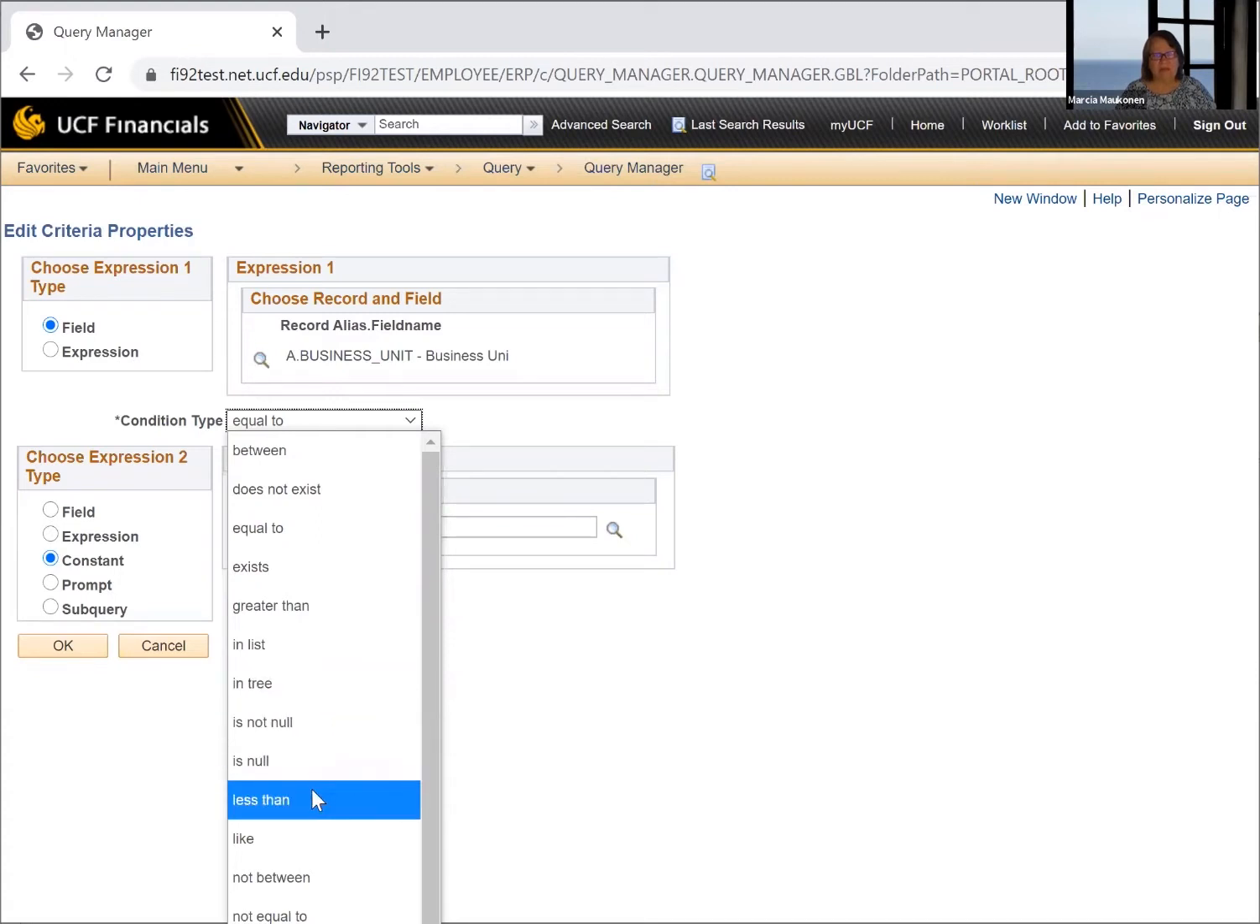And what I would suggest to you is look at that list of condition types that are in the query manual. Get a familiarity with them. Look at queries that you already run and see what condition types are used in those queries. And then there's also not. The thing about not condition types is it's a negative. So for example, if I said business unit not